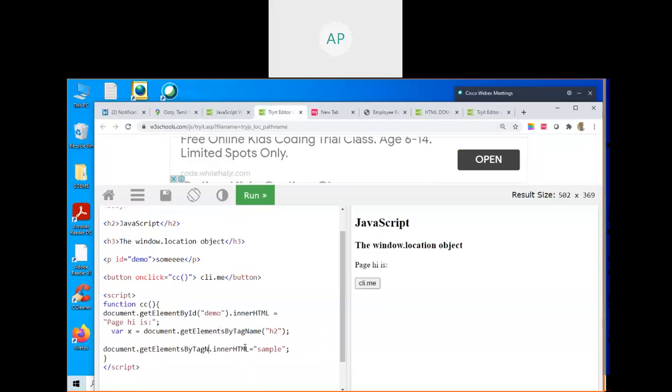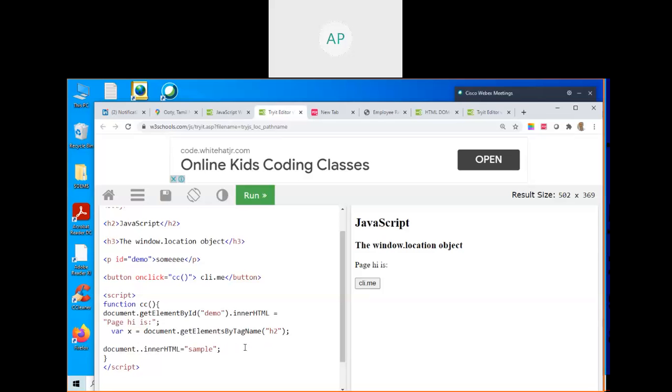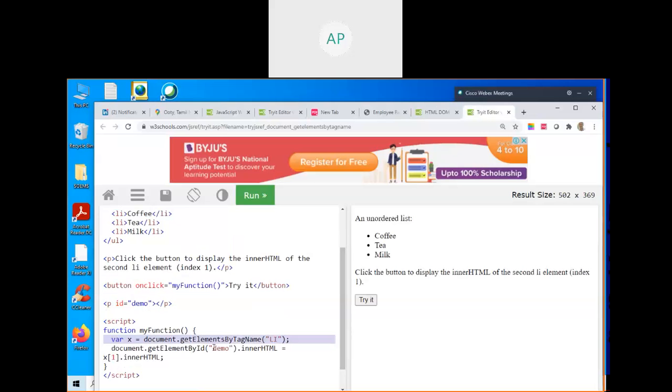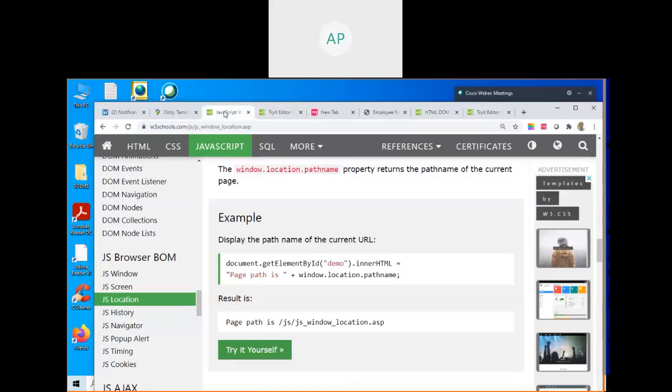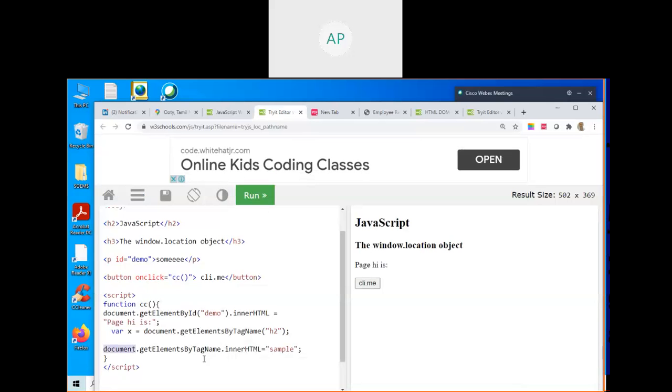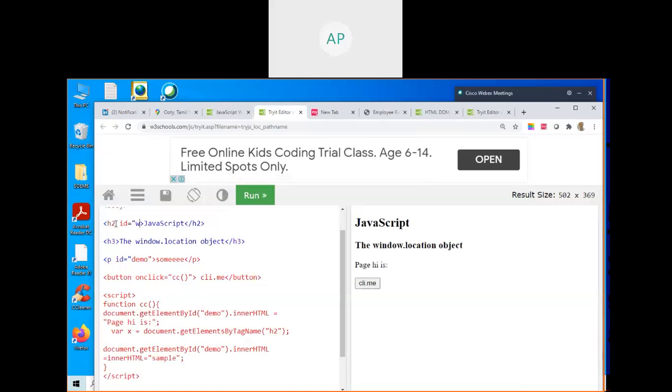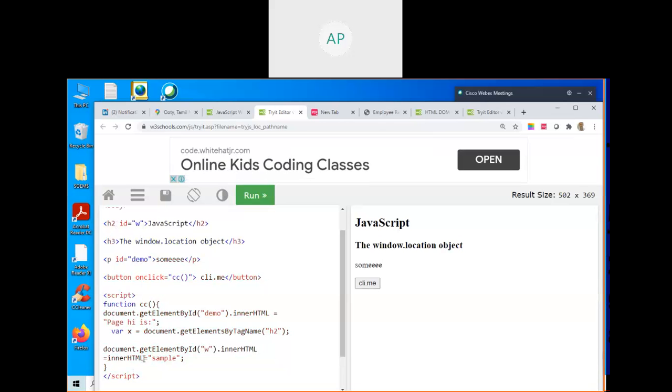H2, then document dot, control C, control V, control V, just a minute, control C. Not demo, this one ID equal to W, some W, and no HTML.